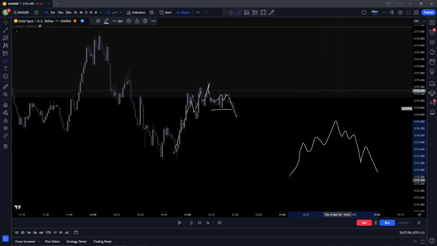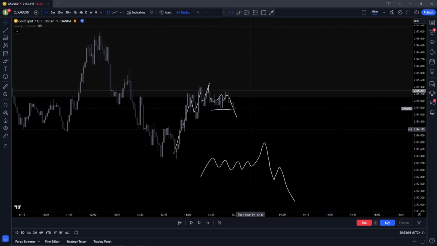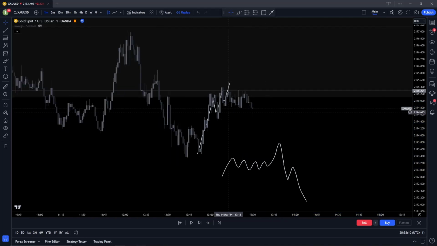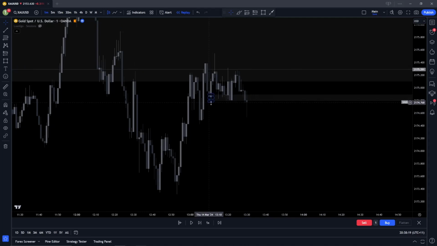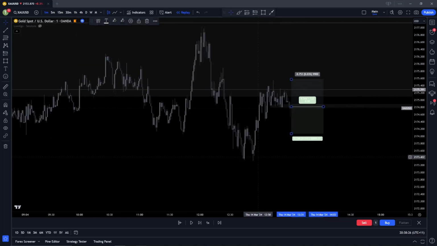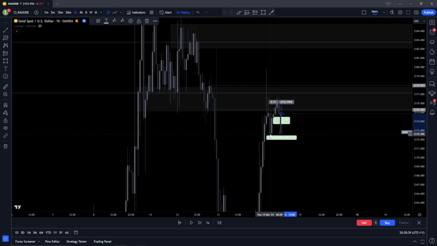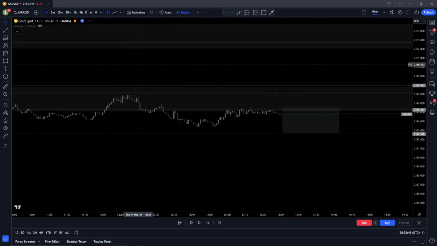So it's kind of what it looks like. It always looks a bit different. Sometimes it might look like this, or maybe you get it really clean like that. It's flexible in approach. It's not rule-based per se, but I have that clear shift. We have these low time frame lows here, exactly the same way I find a zone on the high time frame. I look for it there. So I can enter, stop above the high. I can target these previous lows, or I can target this hourly level here.